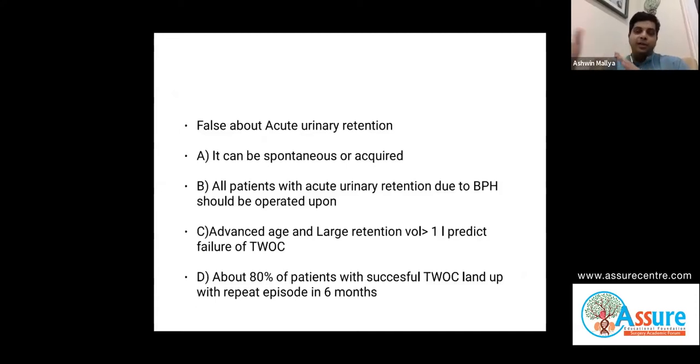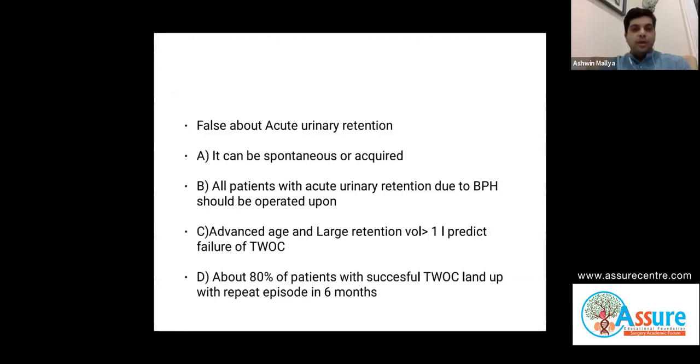Okay, so I was discussing the predisposing causes: some sympathomimetic drugs which you're taking for cold, like cold medications, cough syrup, or some antidepressant medications. Or the patient is taking some anticholinergics. Such medications can precipitate it. It's also called precipitated urinary retention. So spontaneous retention is when none of these predisposing causes are there. The patient has some outflow obstruction, and as a natural progression of his disease, he has gone into urinary retention. Acquired means it is basically precipitated by any of the causes that I had just mentioned.